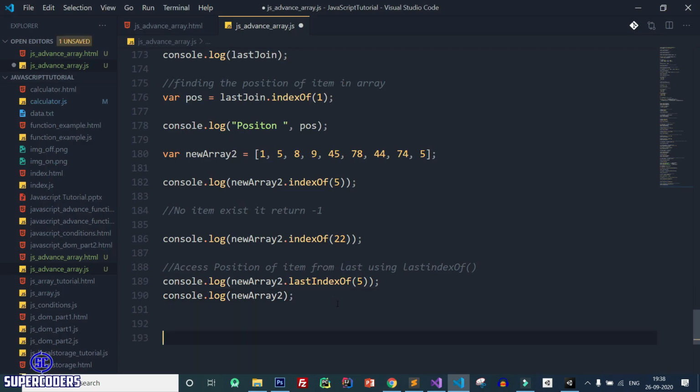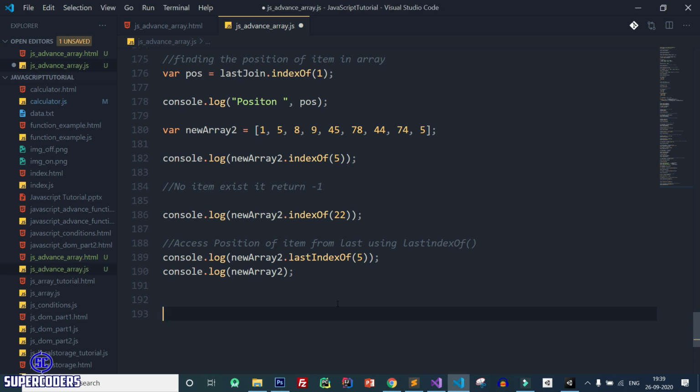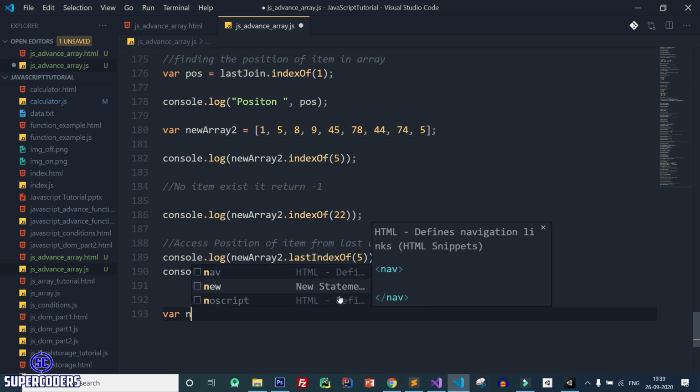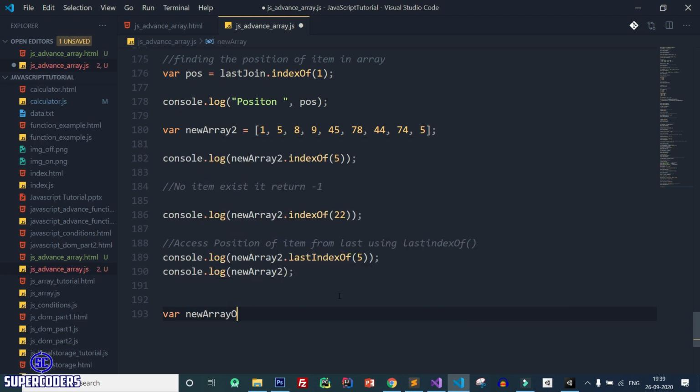Now let's see the next example. Now let's see if it is working with objects or not. So create an object where new array object equals first name super and age 30, and create one more object.